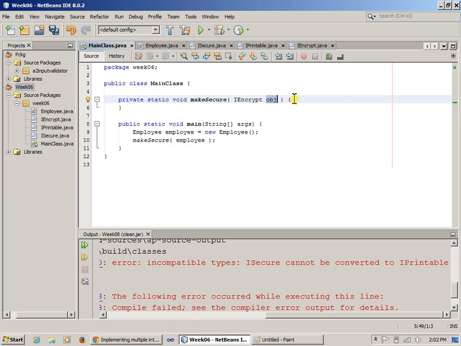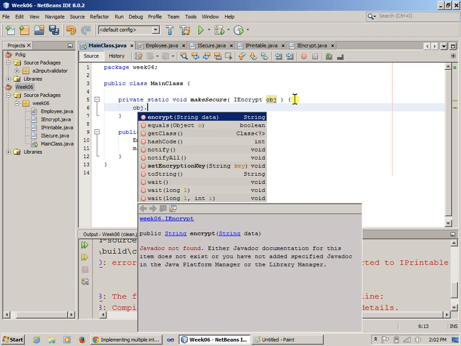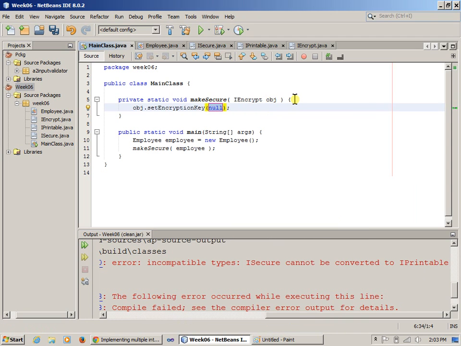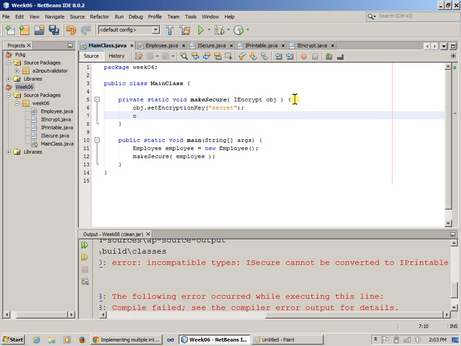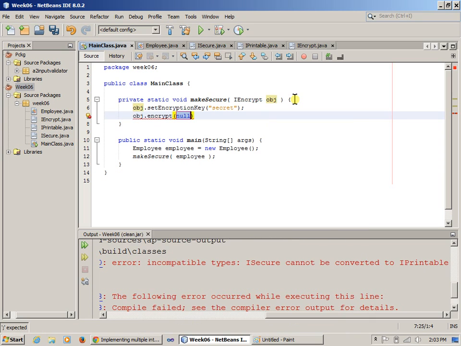All right, so inside here we can say object set encryption key, right? And the encryption key will be secret, something like that. And then we can say object dot encrypt,